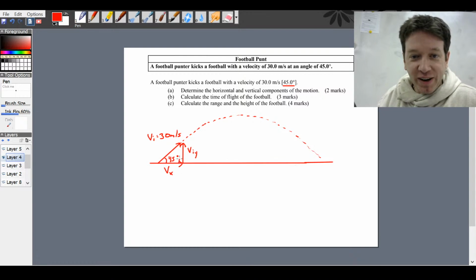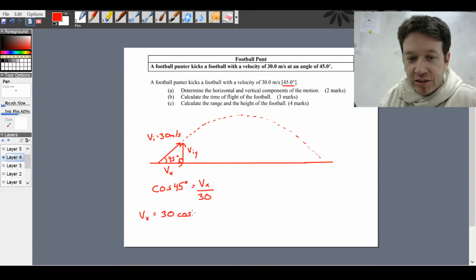So how do I calculate those? It is a right angled triangle, so we're going to use our trig ratios. We can calculate the x by using cos, so the cos of 45 degrees is equal to adjacent, which is Vx, over hypotenuse, which is our 30 meters per second. We can multiply by 30 to get Vx equals 30 cos 45. Or if you know your special angles, 1 over root 2, I think it was. But as a decimal, we have 21.2